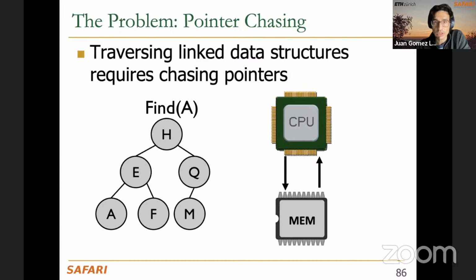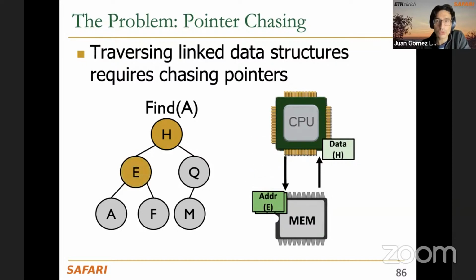So for example, imagine that we want to find A and we have this tree. Because these different nodes of the tree are connected using pointers, we need to first access the root node, that is H, obtain the data, that is the contents of this node H, and there we have a